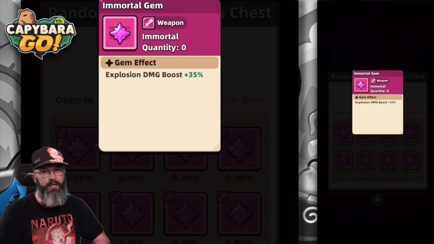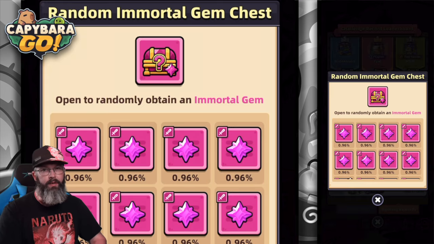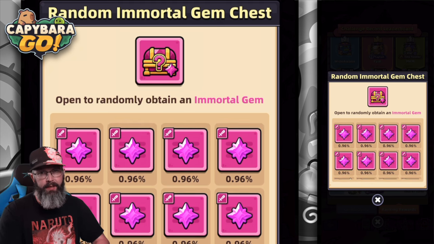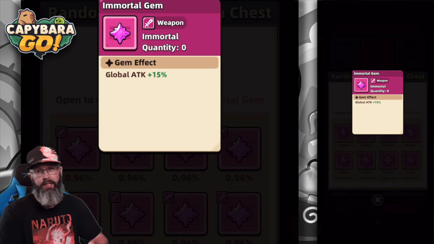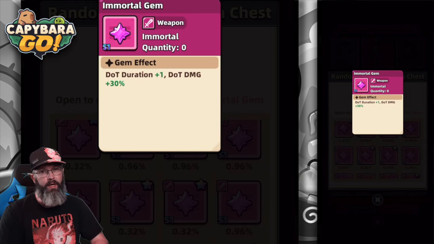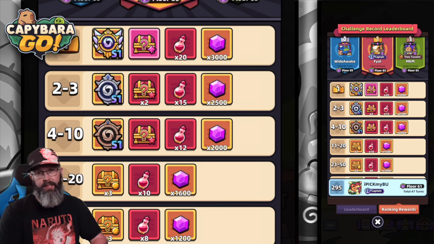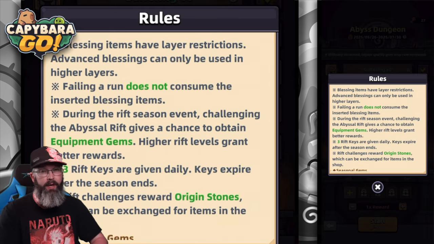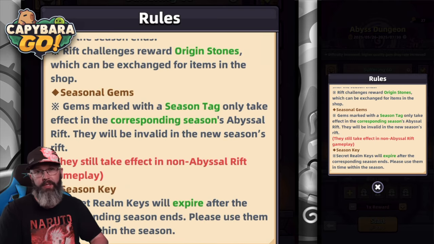Now, the explosion damage, this is one that's a little bit new to us, but this is mainly going to revolve around playing inside the Abyss. So all these gems I just mentioned are all the ones that are not the S1, meaning that these stats are going to stay once Season 1 ends. All those S1s are said to be invalid once the new season starts, so it might not be a bad idea, if you have some of these, to go and re-roll them